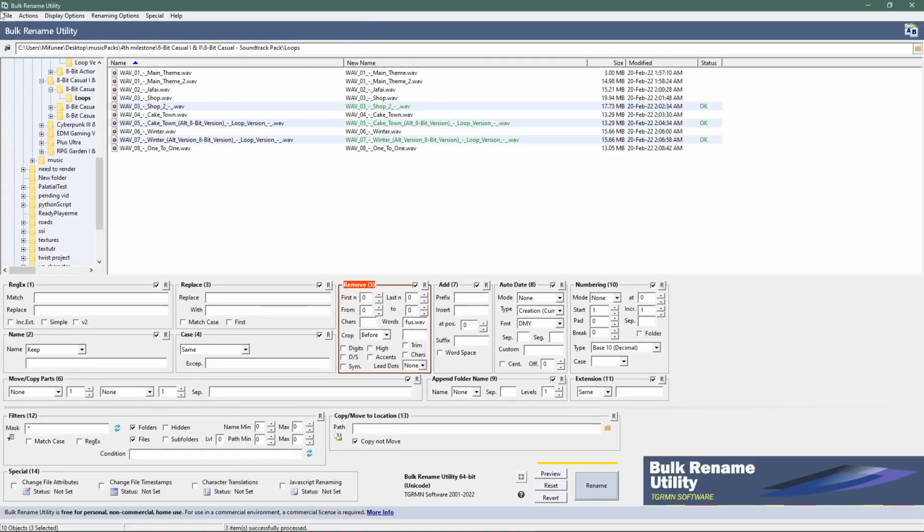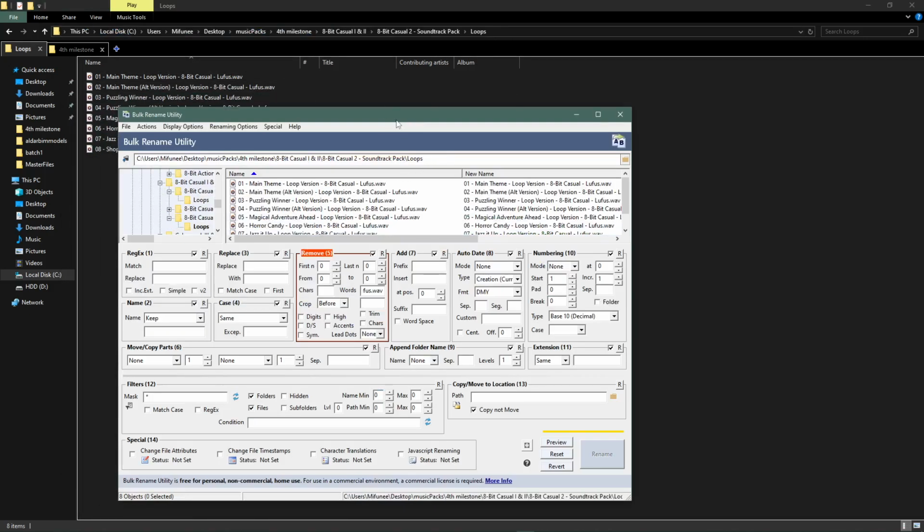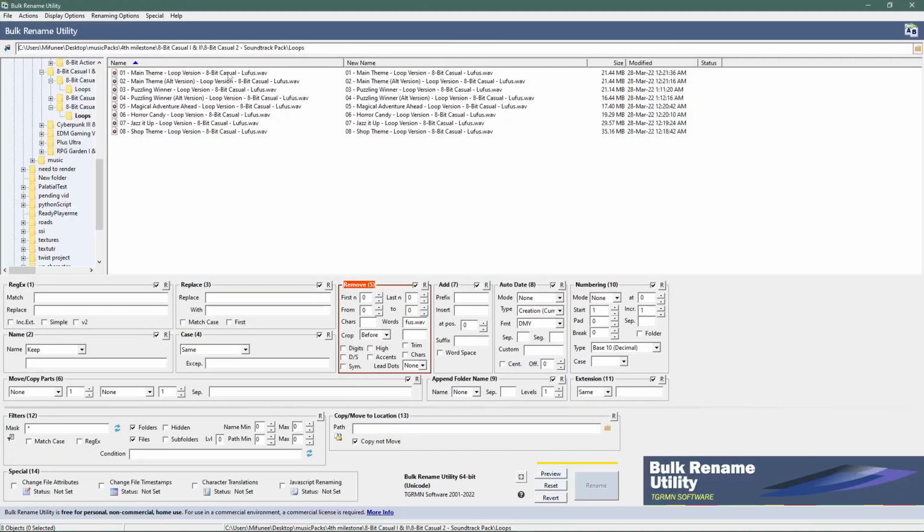Another thing, there is Bulk Rename Utility. We can use this software. So we have to just copy it. Then here's a remove section. Let me show you. If I copy this section and here's the remove, as you can see, this is removed, but